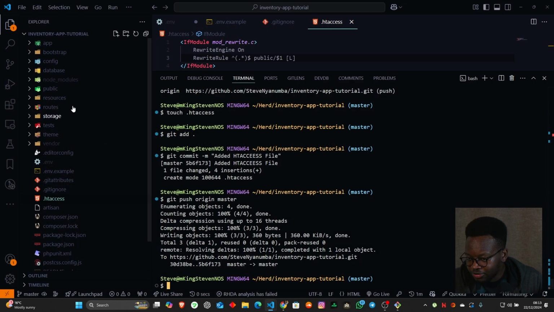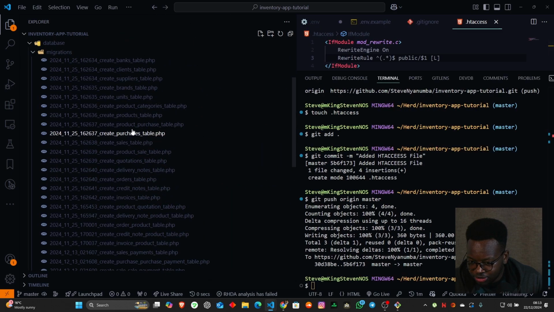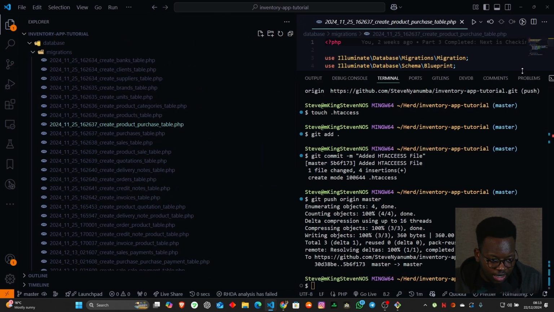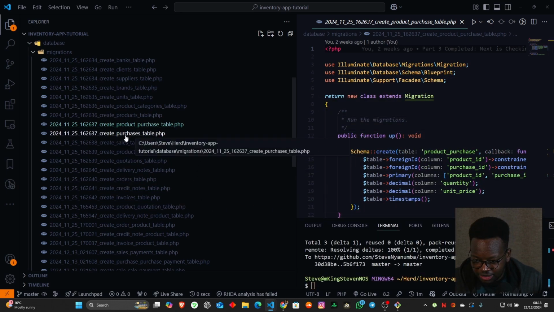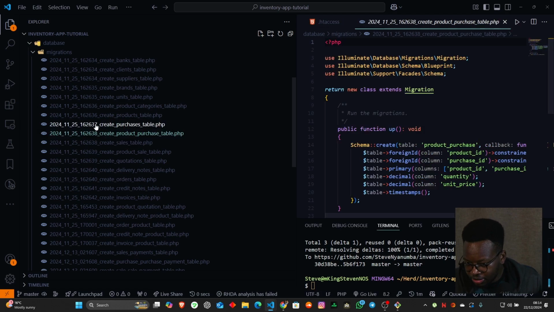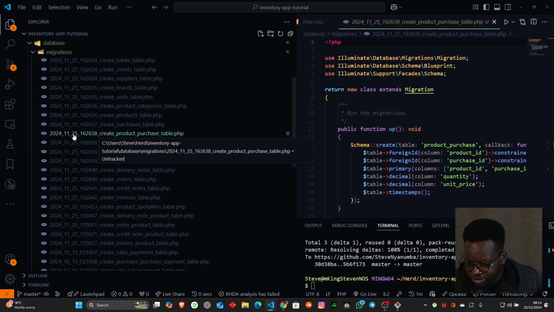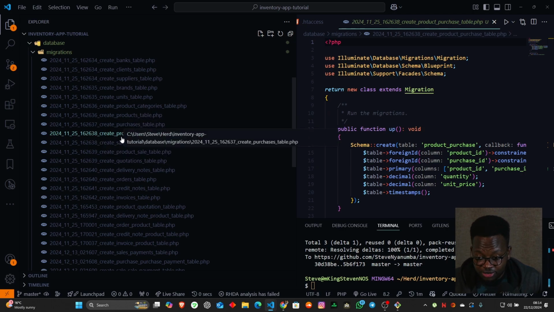So we'll just go to the inventory app, then we'll go to the databases, then the migrations, and then we'll look at the position of the product purchases table. So you see, we can't have this product purchases table being formulated before the purchases itself. So what we're going to do here is relabel this differently. We'll call it 38 right there, 162.638. And we move it up a bit so that the purchases is created first, and then we move to the